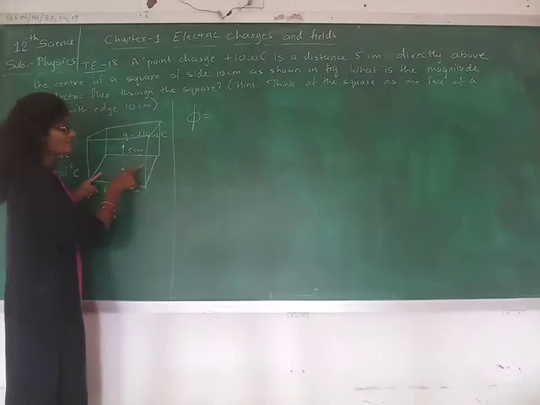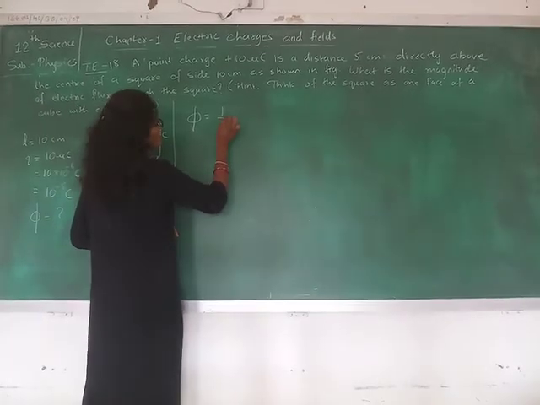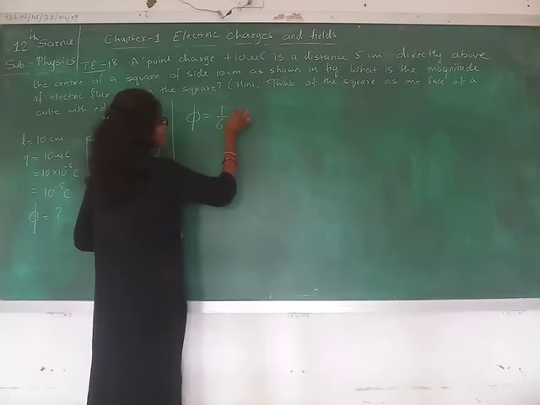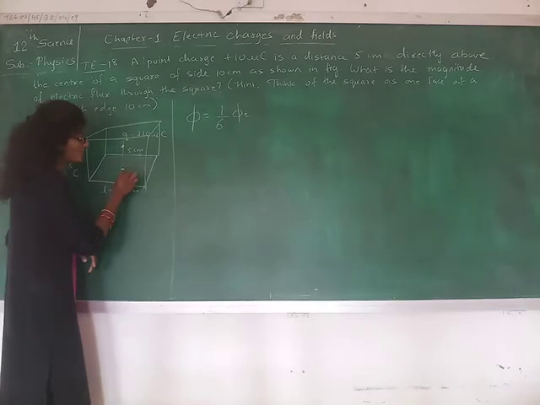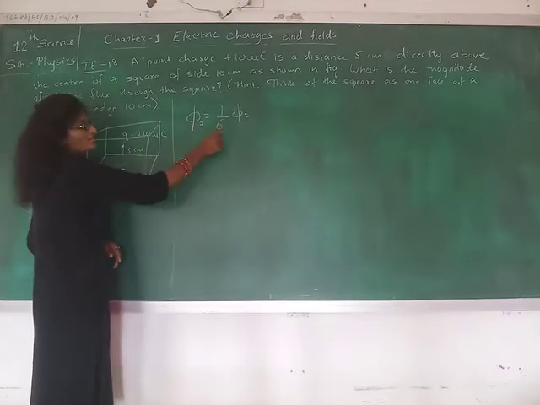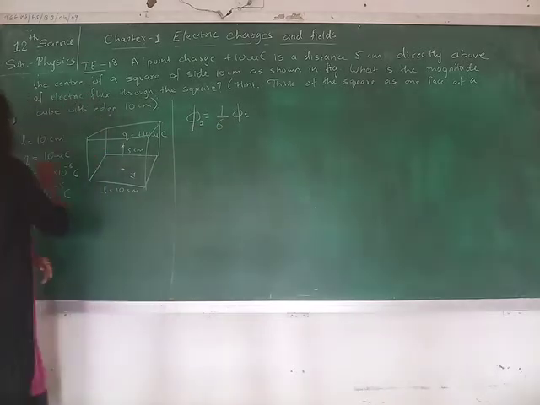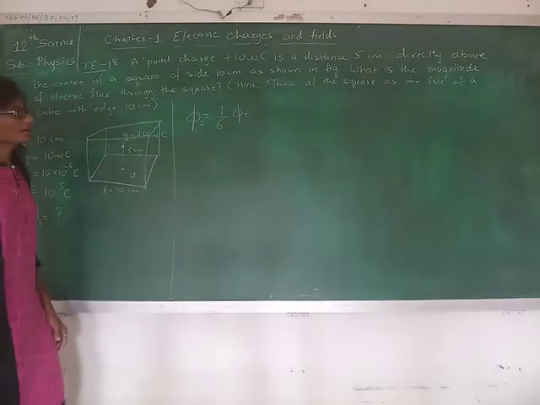So to get the flux through this face, it will be 1/6 of the total flux. The flux through this face is equal to 1/6 of the total flux. Here it is the total flux, right? So total